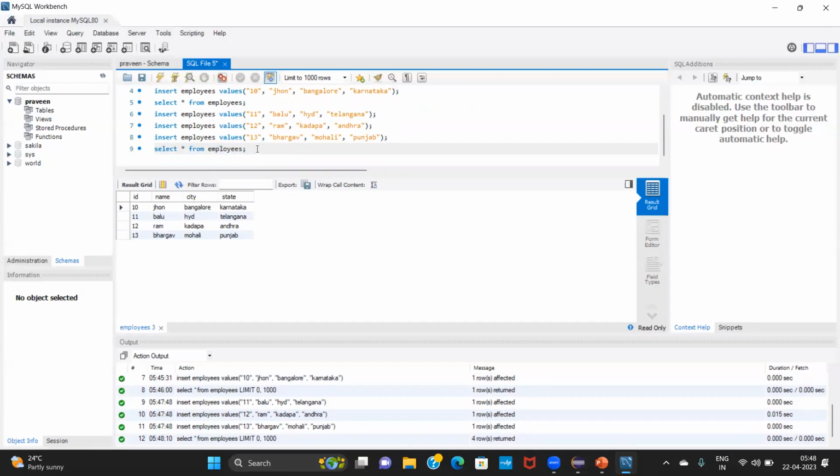You can also update the table, which means you can change the existing values. For example, I want to update Bhargav. I want to update the name for ID 13 with a different name. Instead of Bhargav, I want to give my name here, and change it. What I will do is